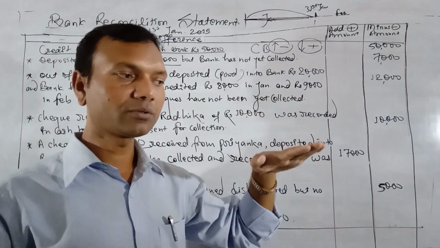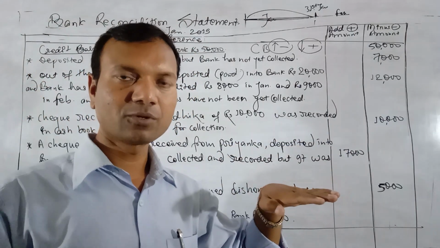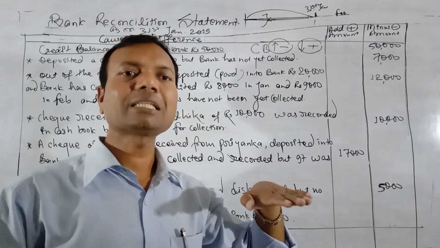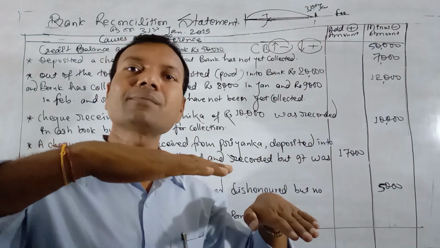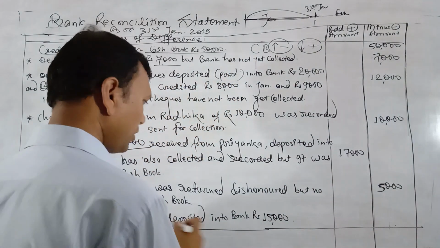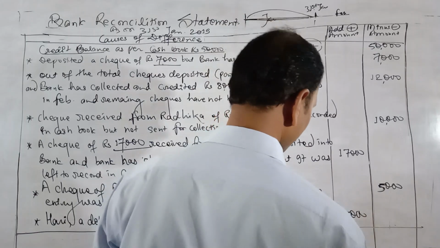We don't have to think about the passbook, because we have started with the cash book. Simple: just increase the amount of the cash balance, and it will be equal. The decision is so simple. Increase the amount by rupees 15,000. Increase means plus it.